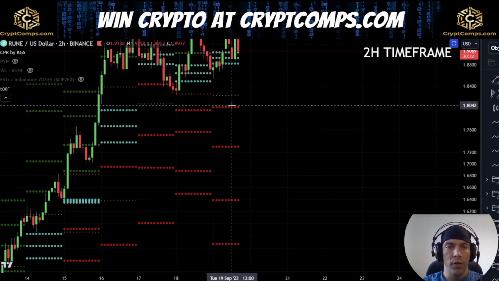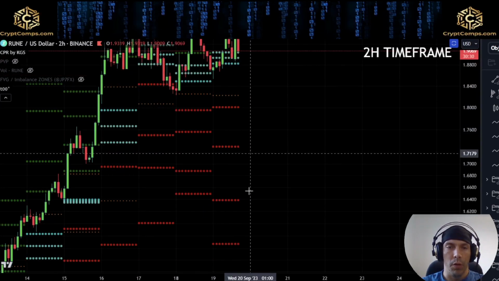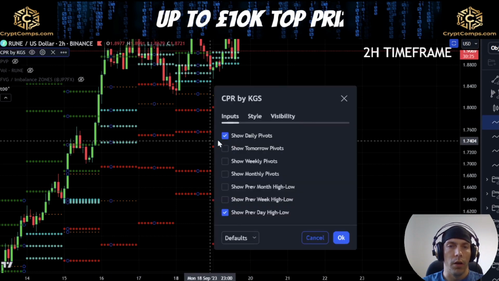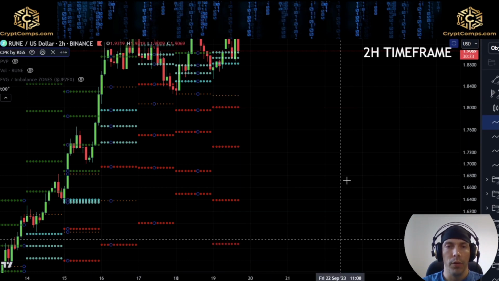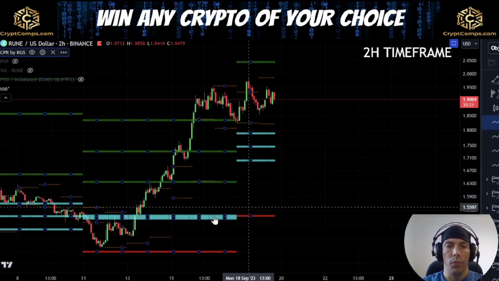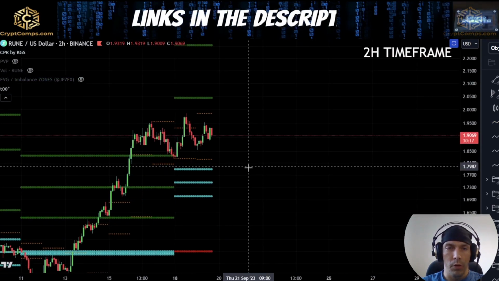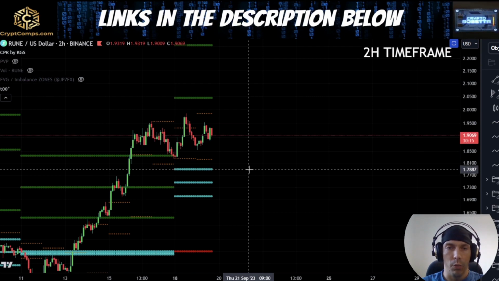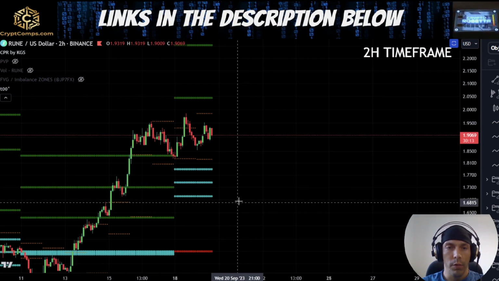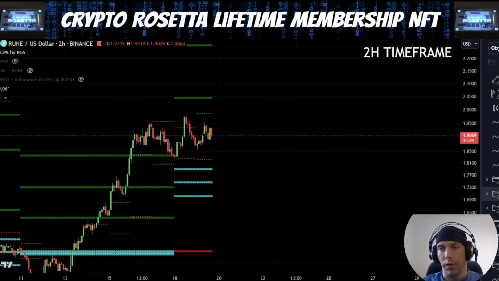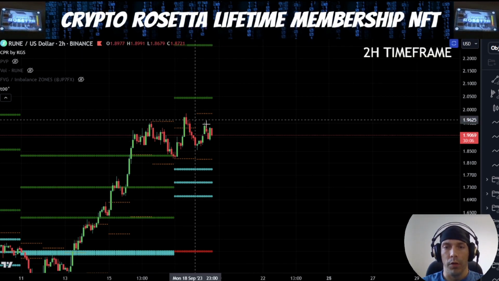But if we lose this S1 target, other targets for today would be 172, 163, and this 156 to the downside. Now moving over here and having a look at the weekly pivots, what we can see is that we've actually printed higher CPR lines here. So if we do see price come down here, we do have potential to find support here at this 178, 173, and this 170 level,